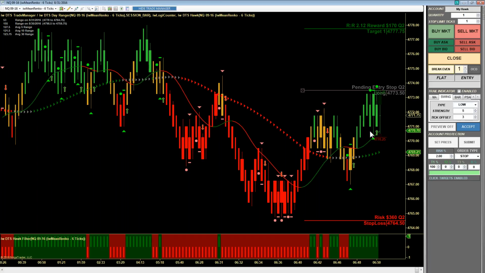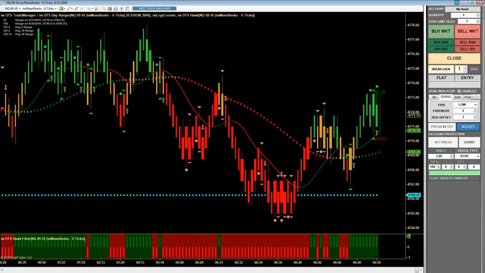Lauren is asking, can the trade manager do a one-click also? Yes, it can. So for instance, let's say I've got my stop strategy enabled. See, I've got it turned on. It will default to this quantity up here. So currently it's set at 1. If I hit the buy market button,